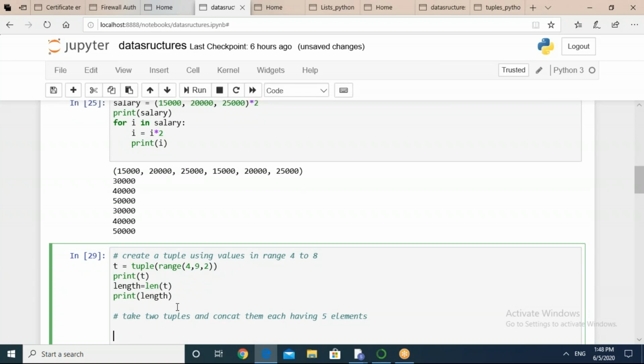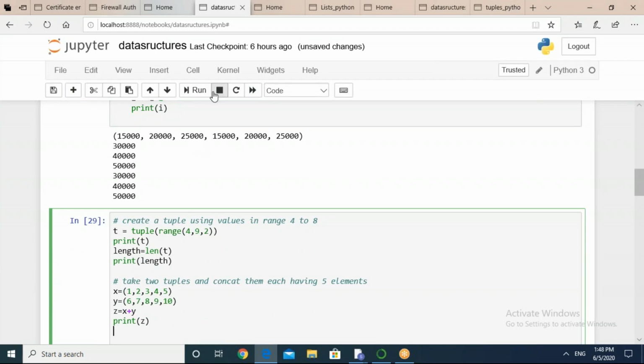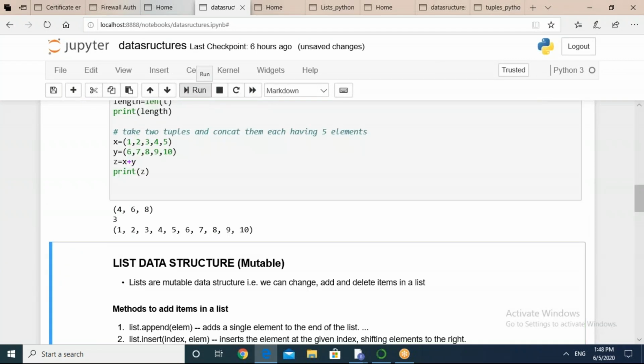So I'm waiting for the responses from your end. Shreya has done, she has created 2 tuples and concatenated them. So let me take this response. Others can just tally whether they are getting or not. So in this manner, the operations mostly that you have performed on list, all these can be performed on tuples also. And I hope you have got the difference also, what kind of operations we cannot perform.